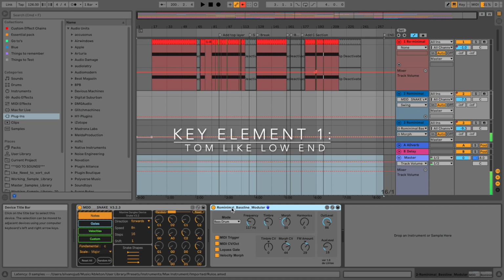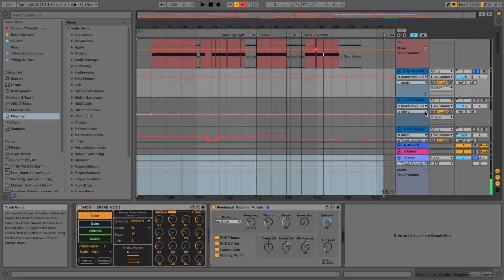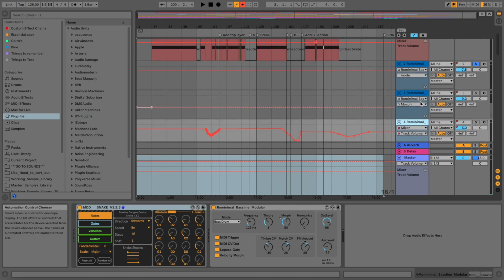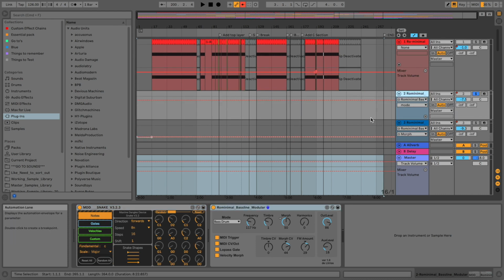This Rouleaus is an adaptation of Mutable Instruments Plaits, and I use the bass drum mode. You have different modes here, and I run different instances of Rouleaus to make a sub bass tom-like sound, like this one,